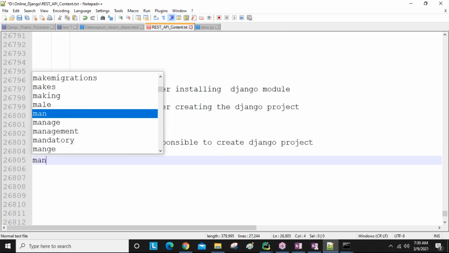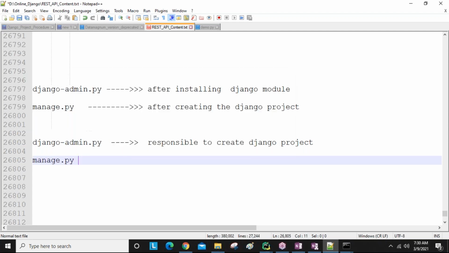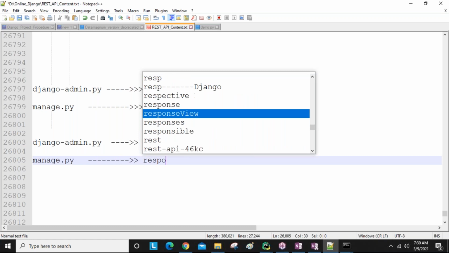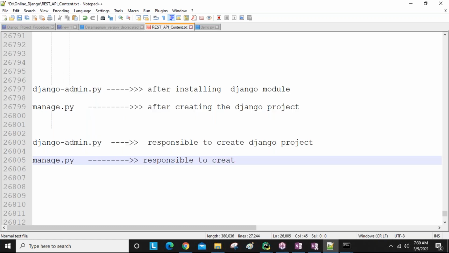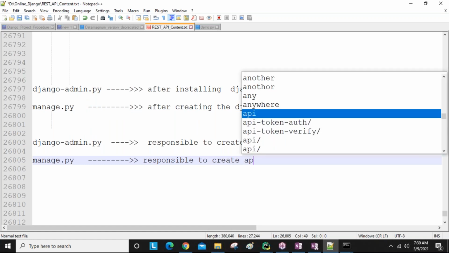Next, what is the manage.py file responsible for? The manage.py file is responsible for creating the Django application, simply the application.